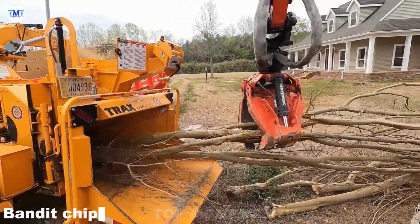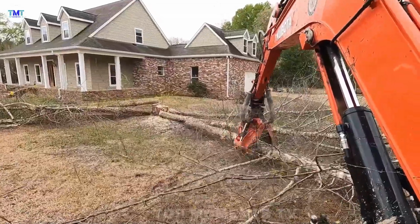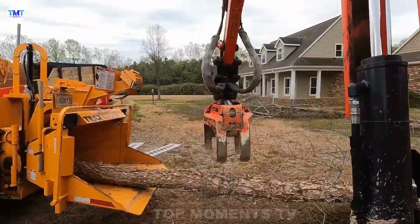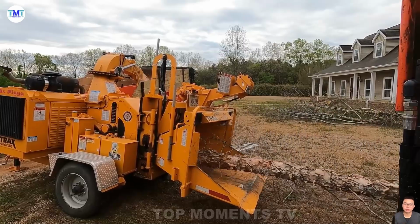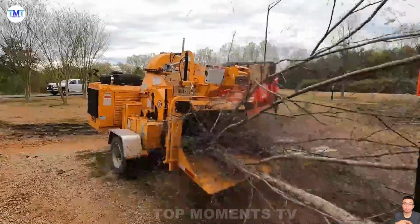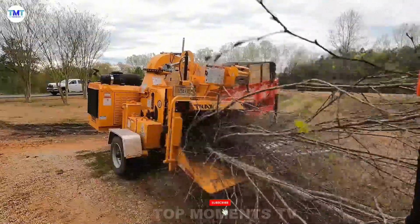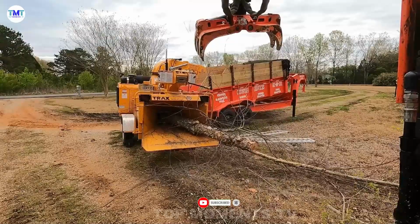The Bandit chipper is a professional wood chipper designed to efficiently process branches, wood chips, and even large tree trunks. With a powerful motor and high-quality blade system, the machine can shred materials into uniform-sized wood chips, suitable for many purposes such as sawdust production, organic fertilizer, or biofuel. The Bandit chipper's design focuses on durability,